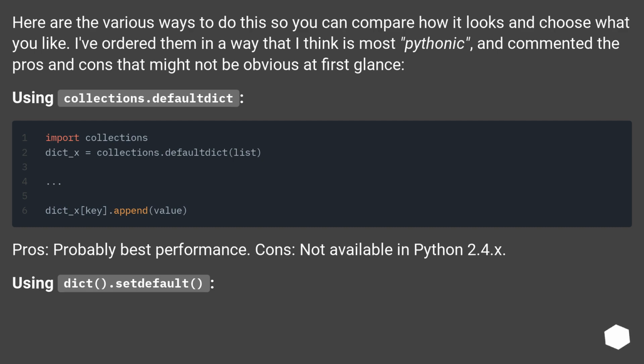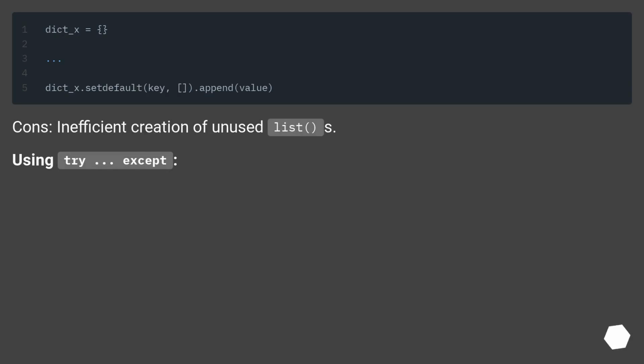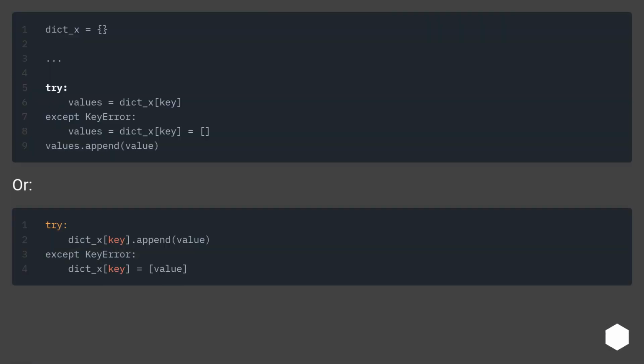Using dict.setdefault. Cons, inefficient creation of unused lists. Using try/except. Or